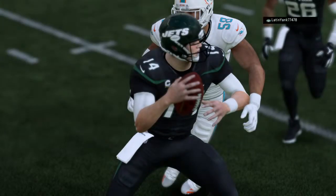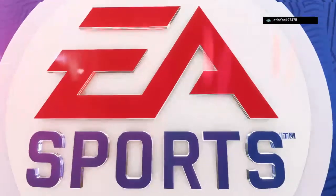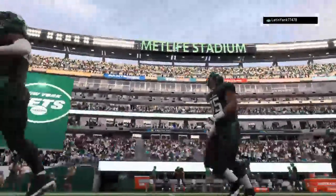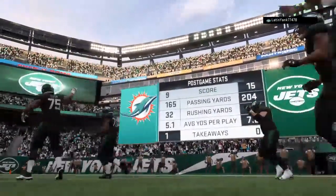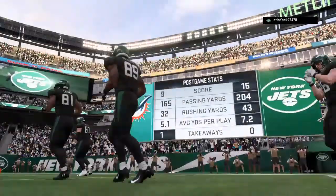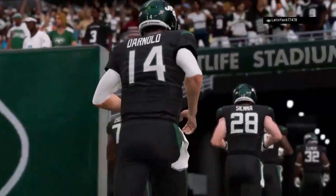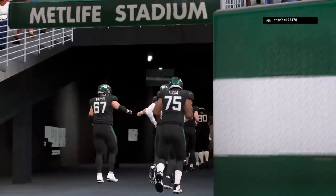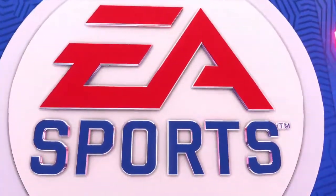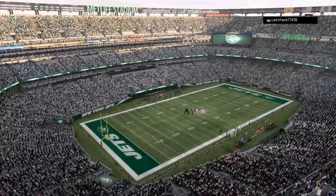Because when we saw the output in the first half, you think to yourself, okay, they've got something working here. They know what they're doing. They'll continue that along. But instead, it's goose eggs in the second half. Fortunately, enough of a cushion and enough defense to carry them home. So for the Jets, it took a few weeks, but they finally get their first win of the season here in Week 4. And they'll get to stay home again next week. Meanwhile, for the Dolphins, they'll fall back to 500 at 2-2. And they'll look